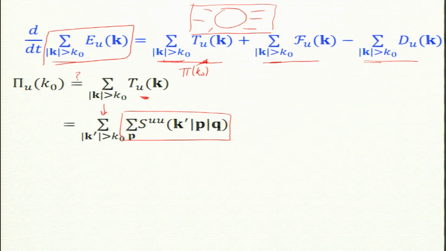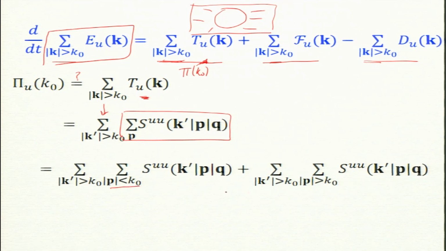Now, this sum is coming here. Well, I now put k prime the same as minus k. For energy, you can interchangeably change it, so k prime or k. Now, k prime is greater than k naught, but p can be anywhere, and q will come from k minus p. So, I write this as two sums, p less than k naught and p greater than k naught, because k is getting from all p's. So, are you happy with this? This I go from step 2 to step 3.